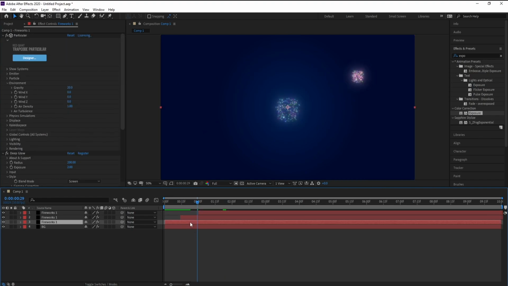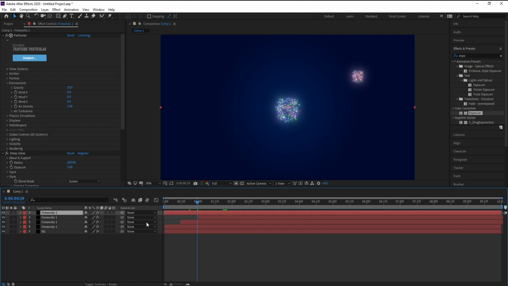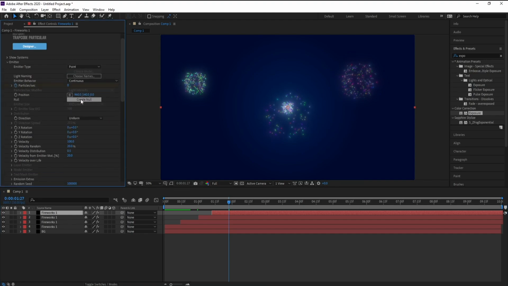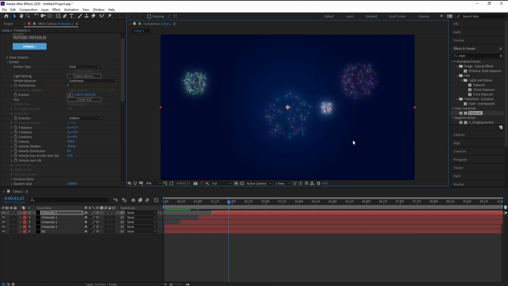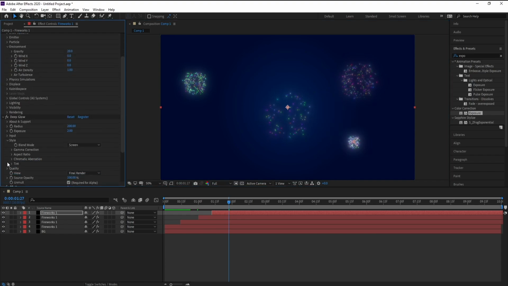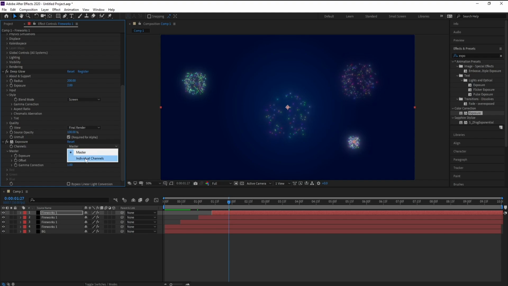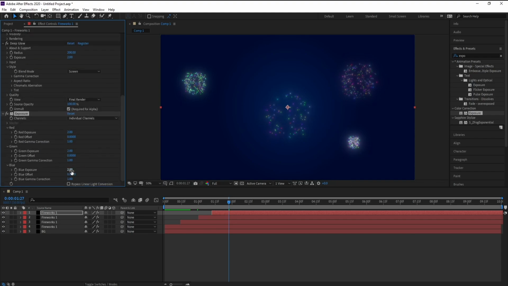Again, I'll go to fireworks, the master, and I'll move it like this. Then I'll go to emitter again, change position, and set master to individual. Then I'll go to blue and I'll change this color to